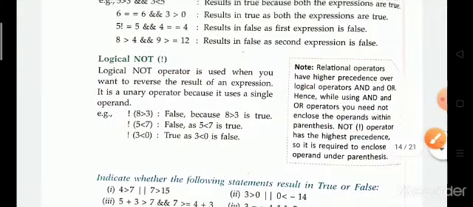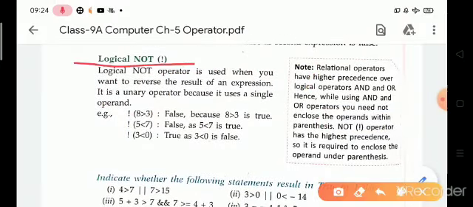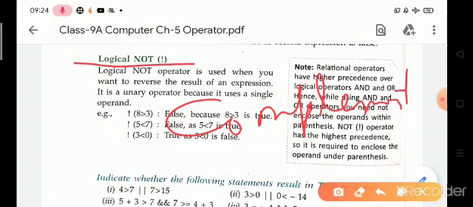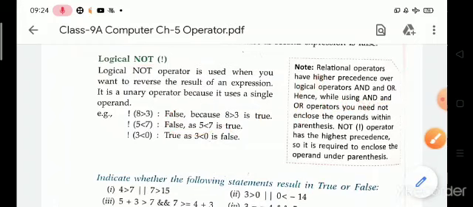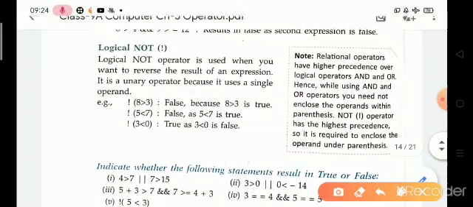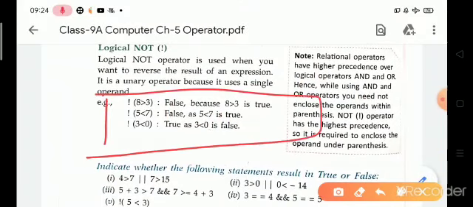Next, logical NOT operator. Logical NOT operator is used when you want to reverse the result of any expression. It is also known as complement operator. For example, look at this. Here, NOT of 8 greater than 3. Tell me, 8 is greater than 3, it means result is true.